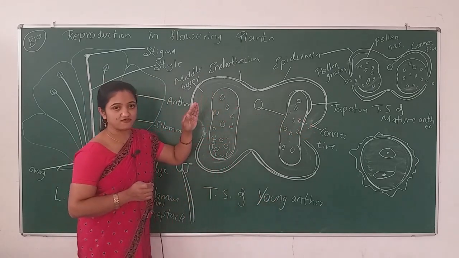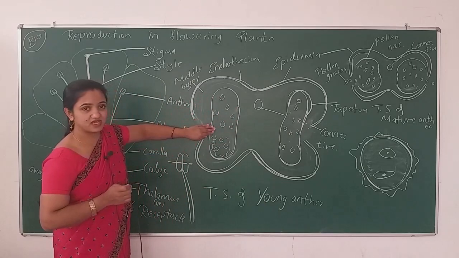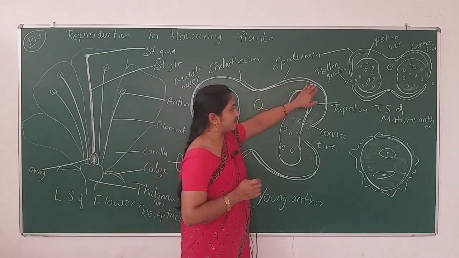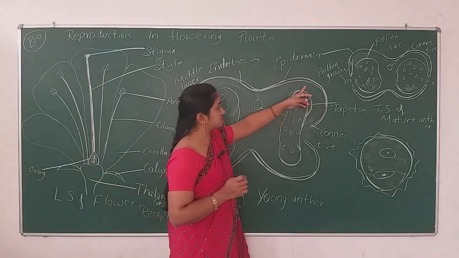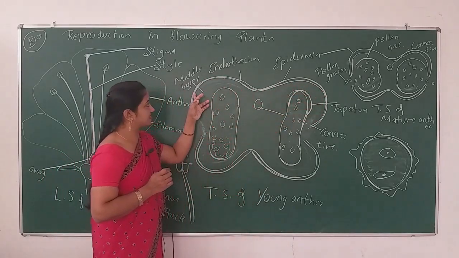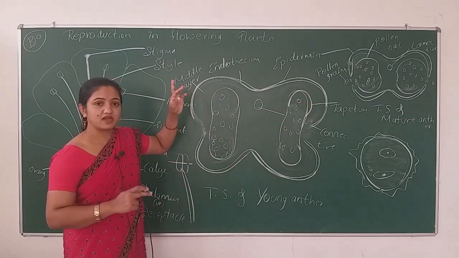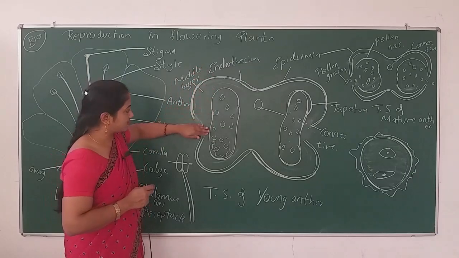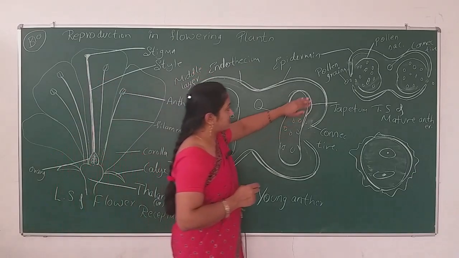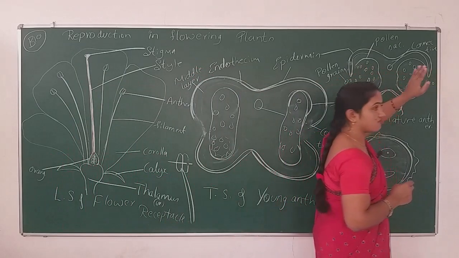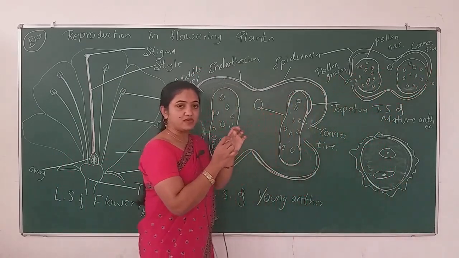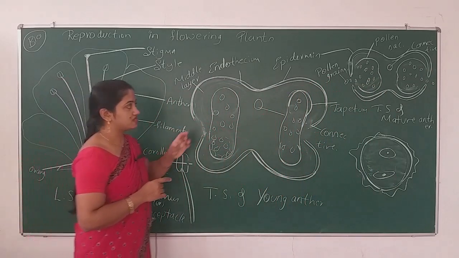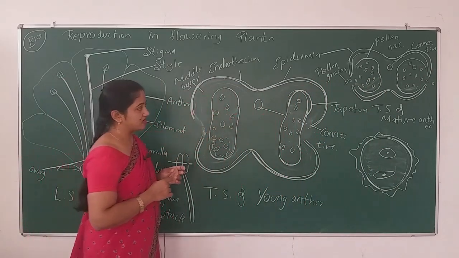Why does it become the line of dehiscence? Because here the tissues will be soft. Why not from this region? When the anther matures, the tissues in the epidermis and endothecium become fibrous tissue. They become a little bit rigid, but not at these points. These points will be softer, so that it becomes easier for the anther to open from that point, and all the pollen grains come out from that region.